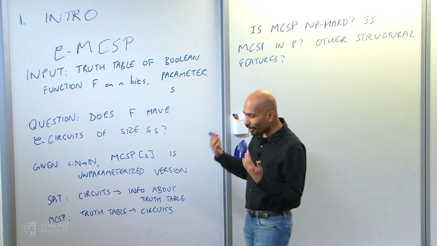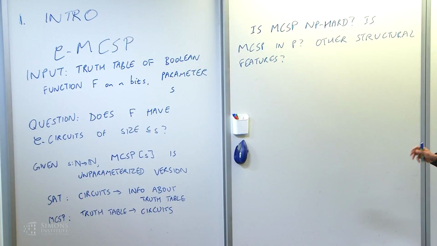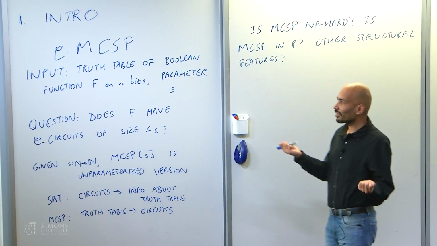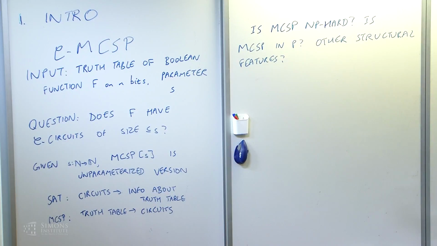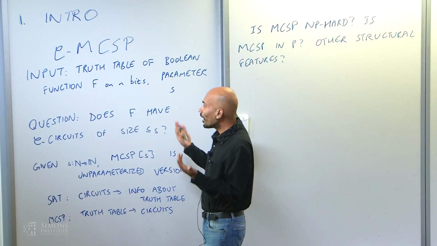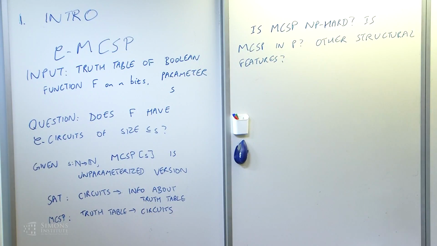And even if you don't care about these meta-computational questions, maybe MCSP is interesting just because it's a question of compressing strings. A circuit is just a compressed version of a string, and you're extracting the string from it in an implicit way by evaluating the circuit at each input. And the question is, are there short descriptions of this form? Because circuits are simple combinatorial objects, this is a simple combinatorial problem which we're trying to understand.